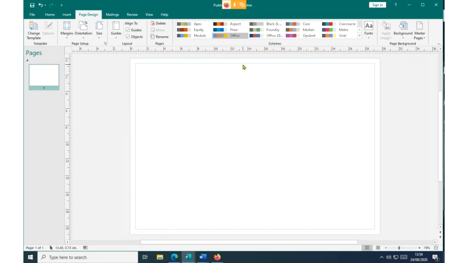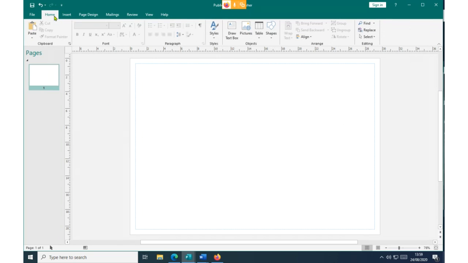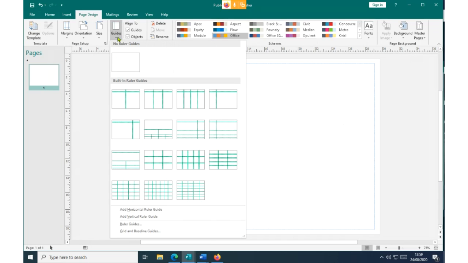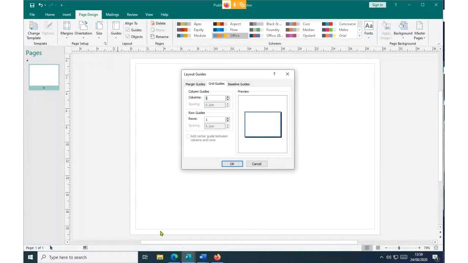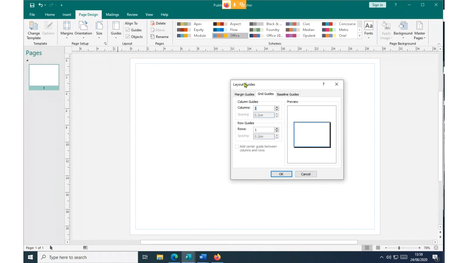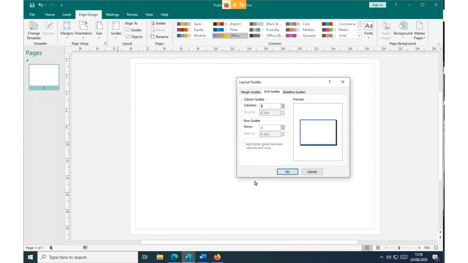Now, to divide this particular page into two, we must click on page design. Remember again, I'm not assuming any command. So you click on page design, then click on guides, then click on grid baseline guides. Once you get this particular window, it is going to assist you to divide your page into two columns.